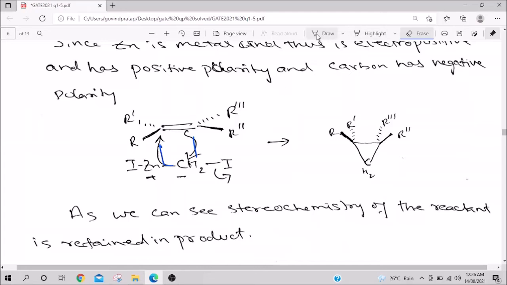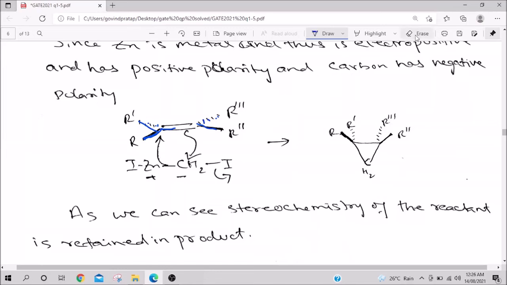One of them is a sigma bond, that is sp2 hybridized, and one of them will be a pi bond, which will be perpendicular to the plane of the molecule. So, that is a p orbital, basically an unhybridized p orbital, that forms the pi bond. What happens is, this is trigonal planar. So, one R is coming outside the screen and one is going inside the screen, but it is in one plane. Okay. Similarly, this is one plane and this is outside the screen and this is inside the screen, away